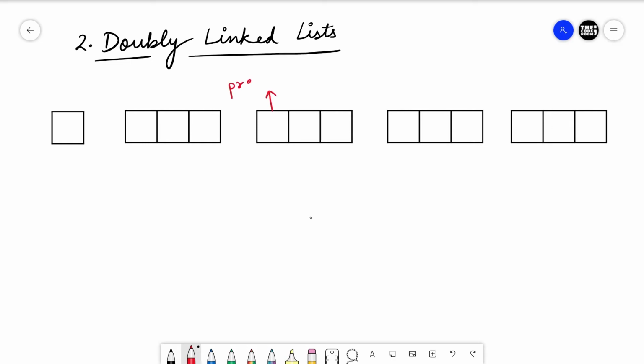In doubly linked list, each node has three parts. In the first part, we store the address of the previous node, and this part is called the previous link. In the second part, we store the data, and in the third part, we store the address of the next node, similar to singly linked list, and this is called the next link. So as always, the address of the head node is stored in the head pointer.